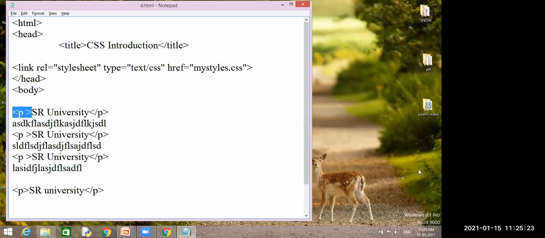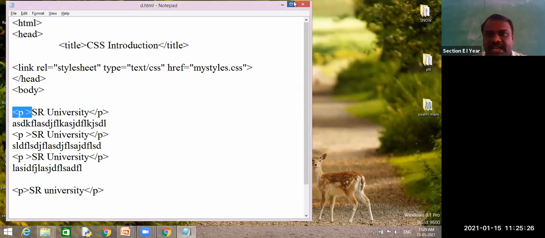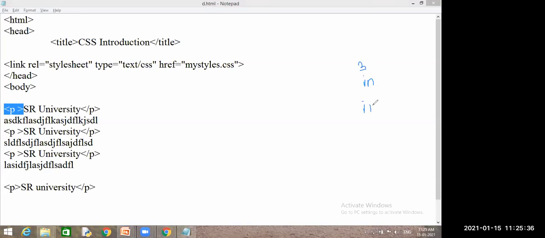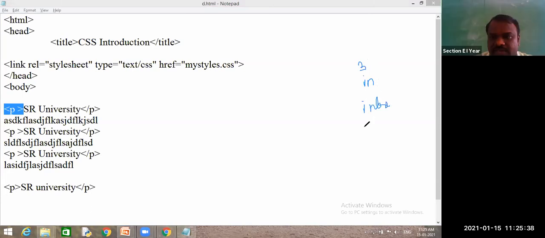Yes, I will tell you one thing. You need to tell which type is the best one. Okay, so how many types of CSS do we have? 3 types. First one is inline, next one is internal, and third one is external. Okay, I will tell you some case studies. You need to tell which is the best one, guys.